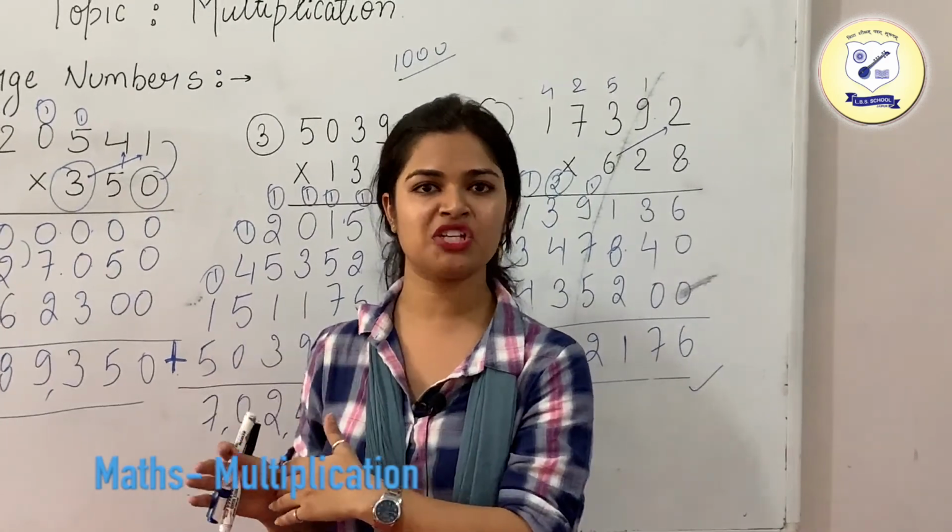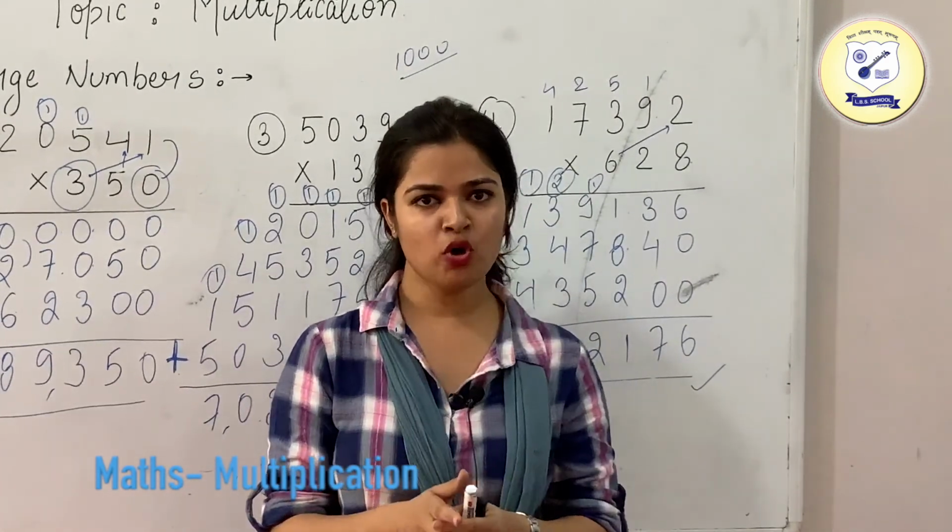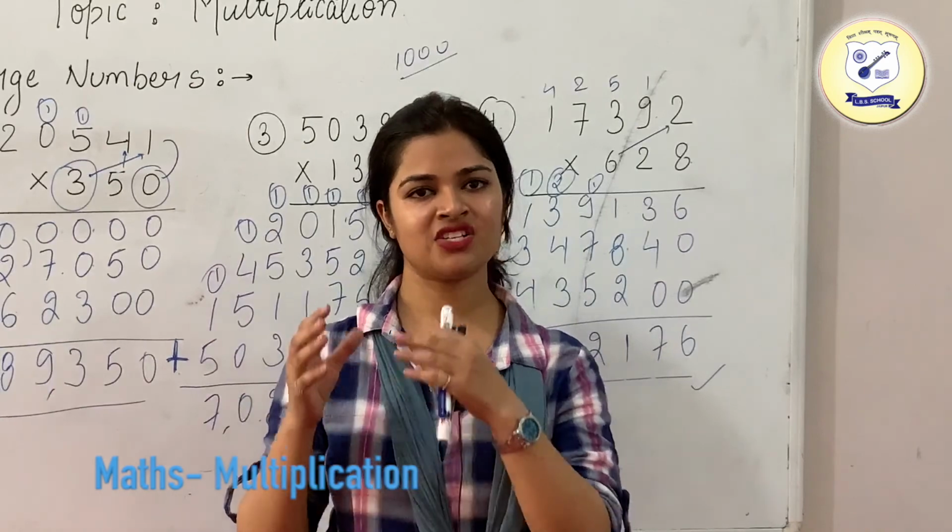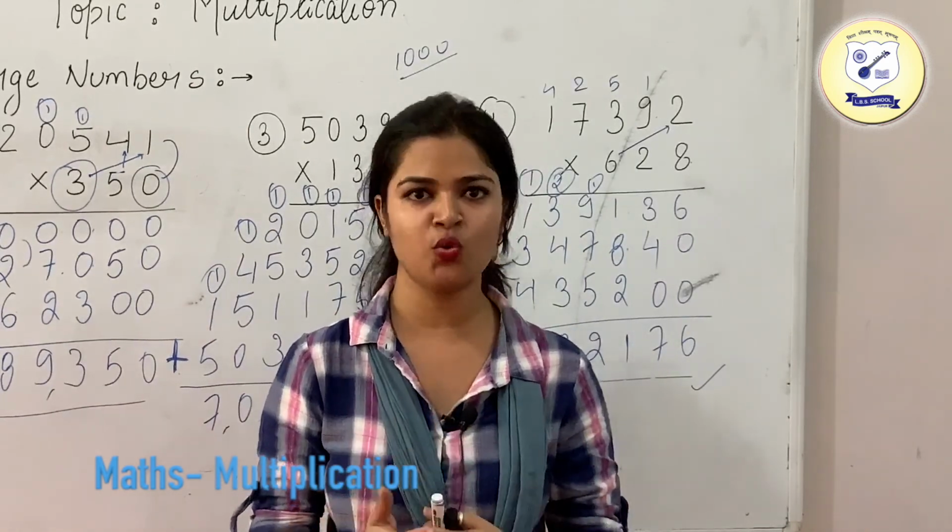So now as we are done with the multiplication of the 3-digit number, 2-digit number with 1-digit number, 2-digit numbers, and the multiplication of the large numbers as well. So just take your books and just go through the examples of the books and just try to solve as many questions as you are capable of.